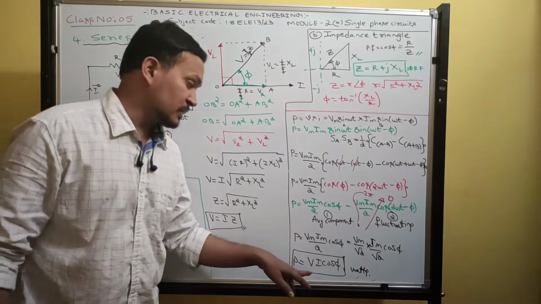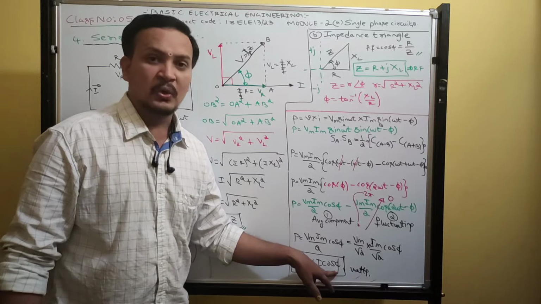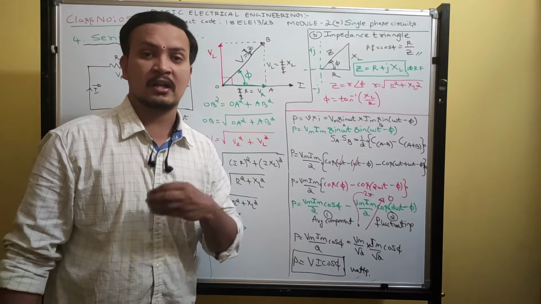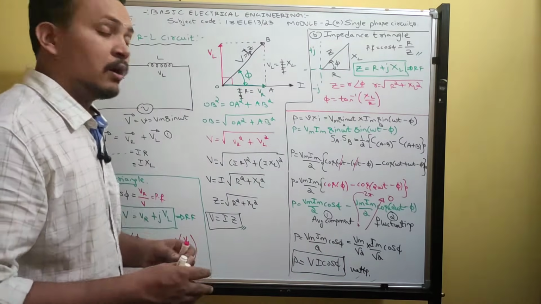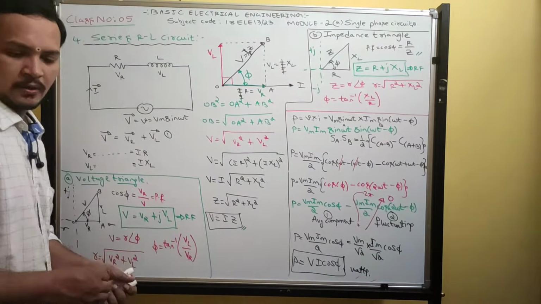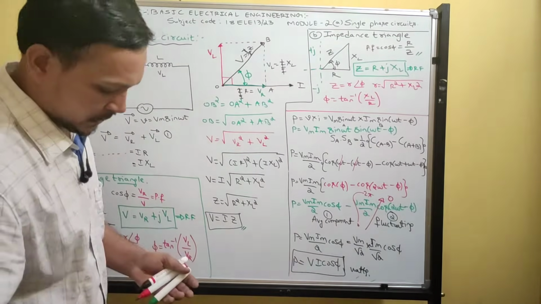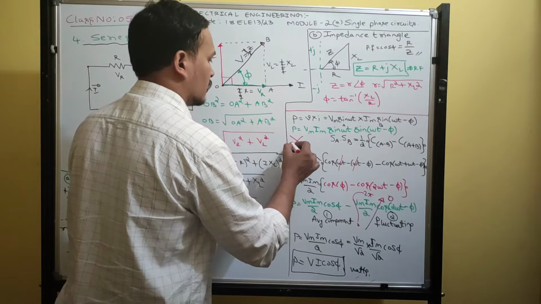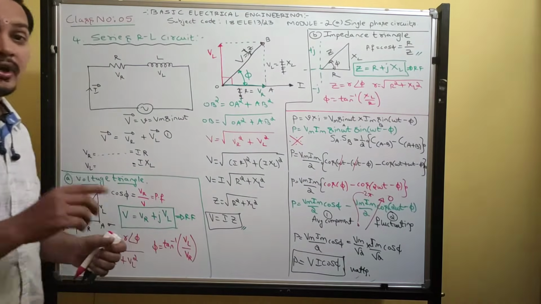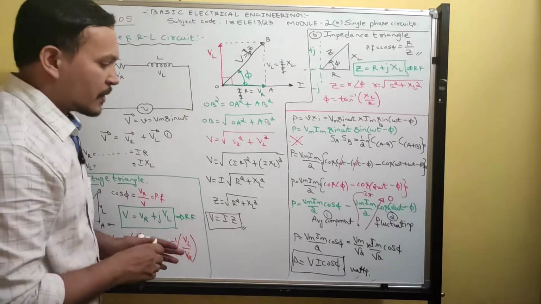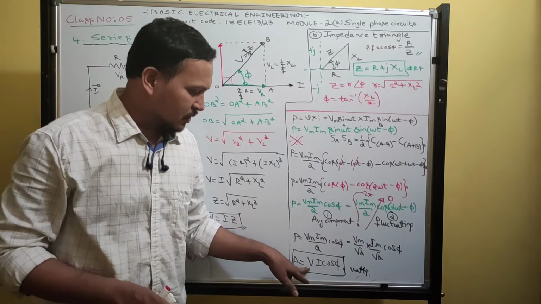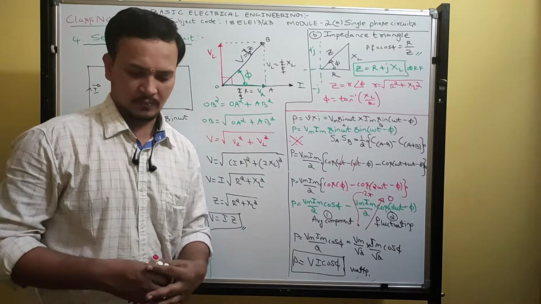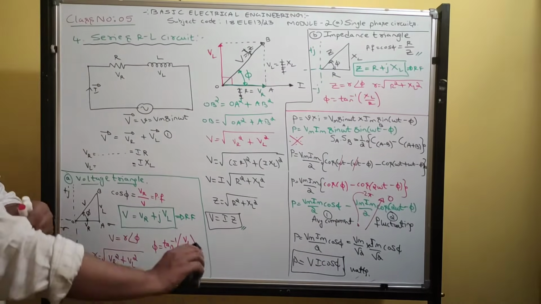Next, pure capacitor. What is the angle between voltage and current in a pure capacitor? 90 degree. What is cos 90? 0. 0 into something is 0. So therefore, pure inductor and capacitor never consume power. See, we got all the analysis in this one equation. Understood? So pause the video and copy it out. If they ask a theory question in the exam, they are going to ask this derivation: show that in a series RL circuit, power consumed is P equal to VI cos pi. This equation they will give. Okay guys, pause the video and copy down.